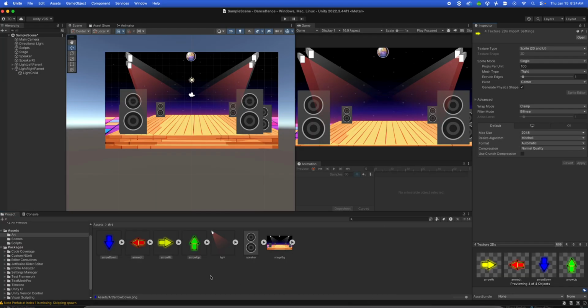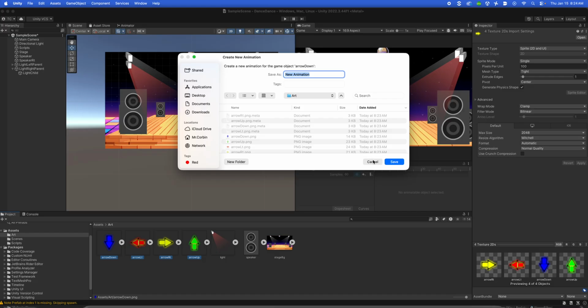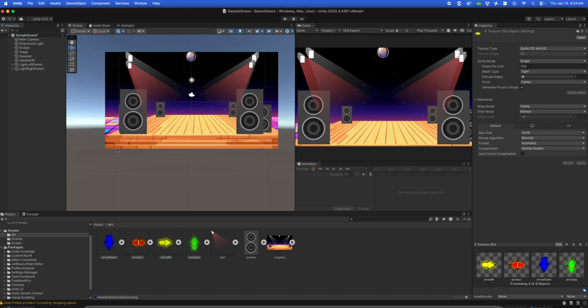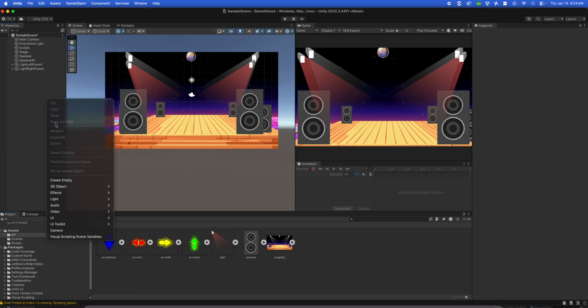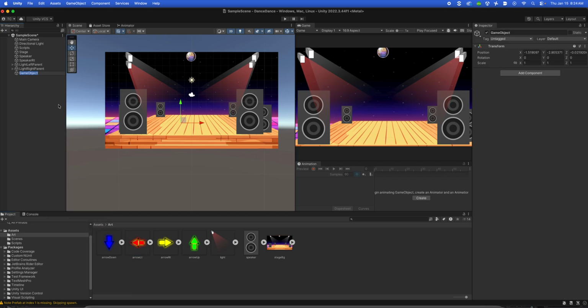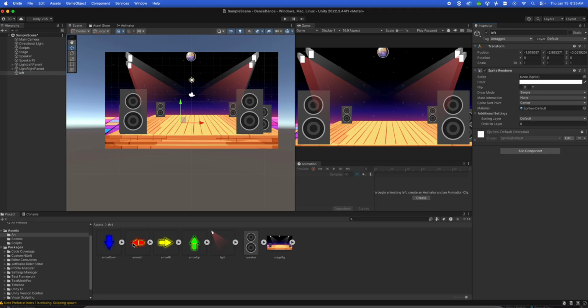Okay, so I'm going to drag the left one onto the stage. Whoops, what happened there? Create new animation. That's not what I'm trying to do. Let's drag the left arrow. What in the world is going on here? Let's just drag it here. Okay, really, what am I missing? Let's do it this way. Create an empty game object, call it left, and we're going to add a sprite renderer